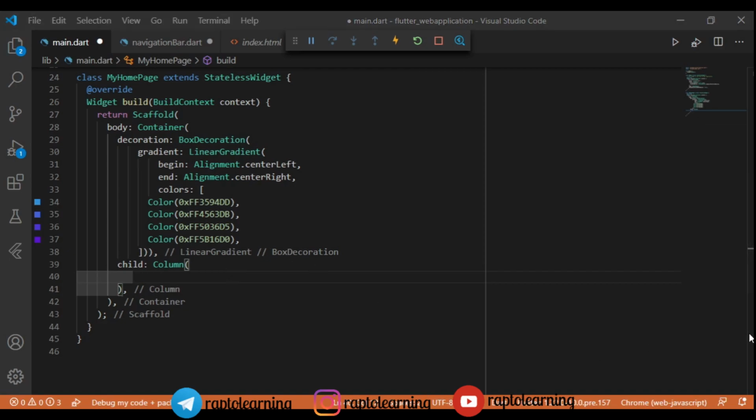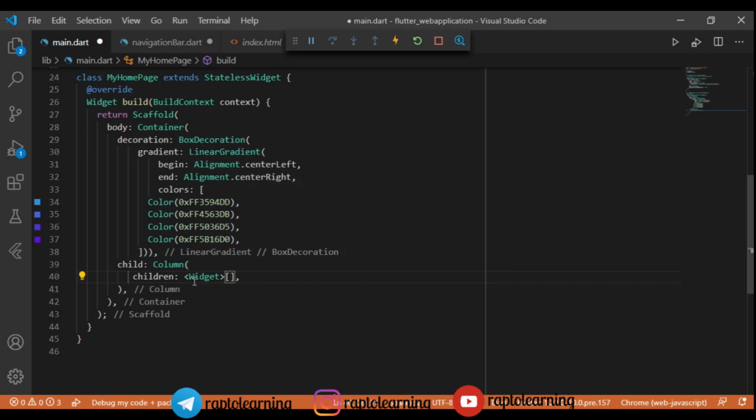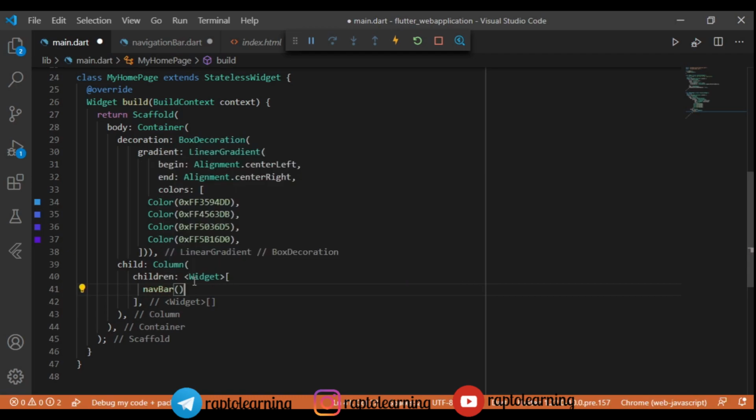Is it correct, or will it not work? I am a little confused. So we will just try it out. Sometimes you just have to try out new things to see whether they work or not. We will see that, right? So in this I will return the nav bar that we have created.